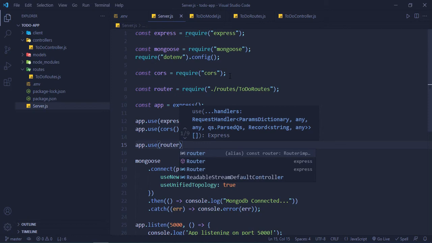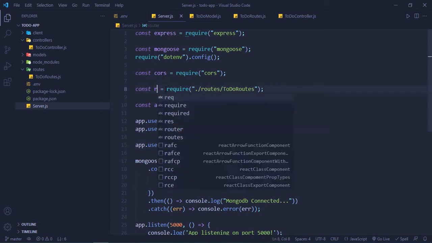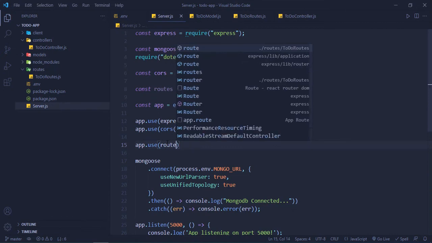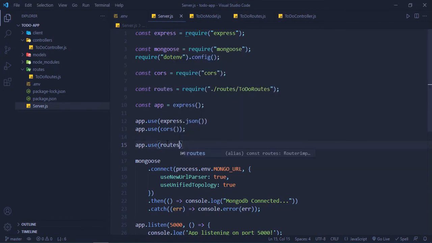We will name it routes instead of router, routes and routes here. Okay, this is it, our backend is done, and now we are going to go inside the create react app,